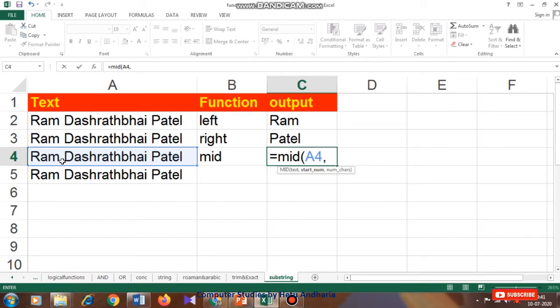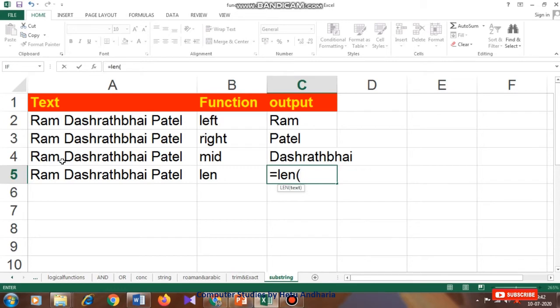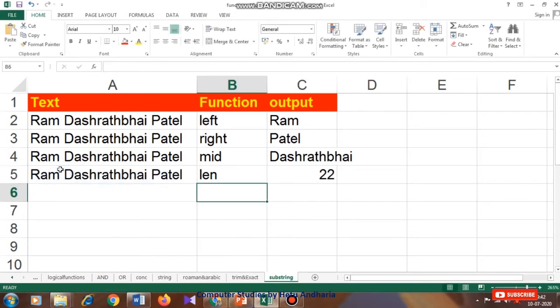So I have to type here 5 comma. This word is of 13 characters. So I type 13. So we get Dasrath Bhai. Now the last thing is measuring the length of this text. Then the LEN function. It takes only one argument, that is the cell address. Fine. So this is the way it works.